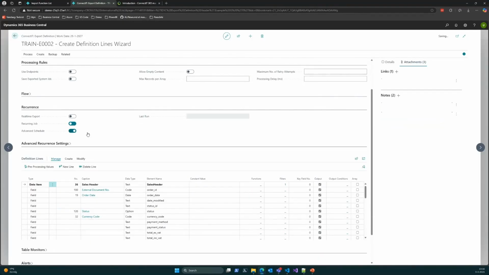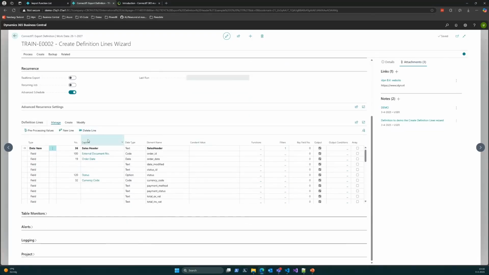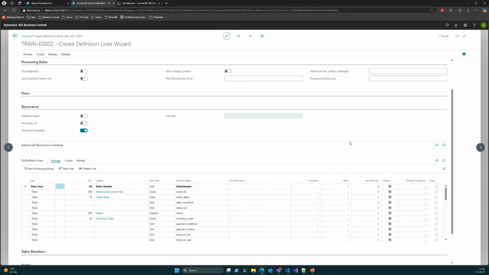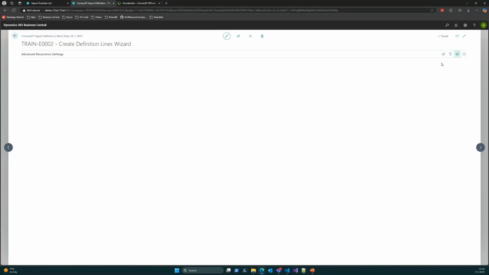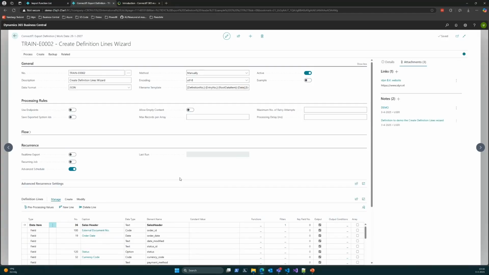Of course, we need to select advanced. And for some reason, we don't get the section visible. Okay. So those advanced recurrence settings normally would allow us to